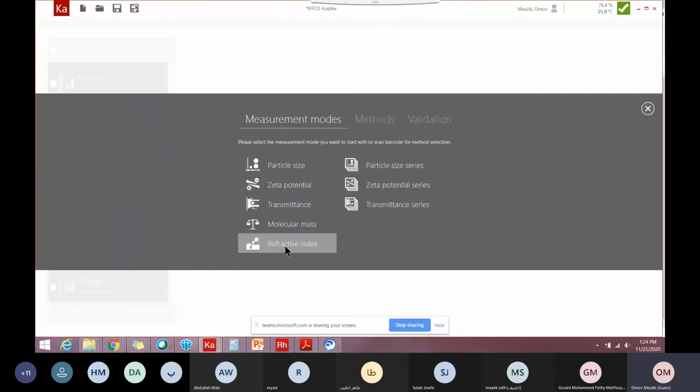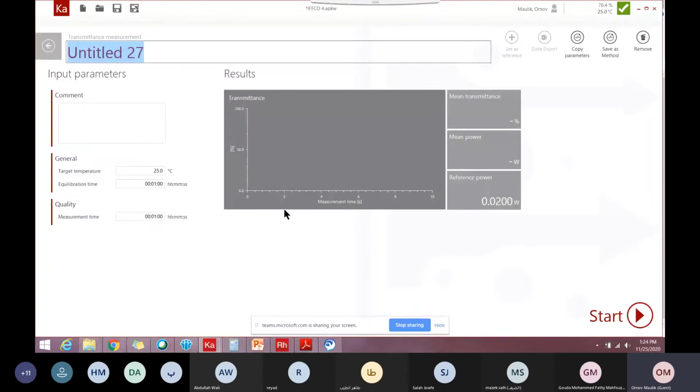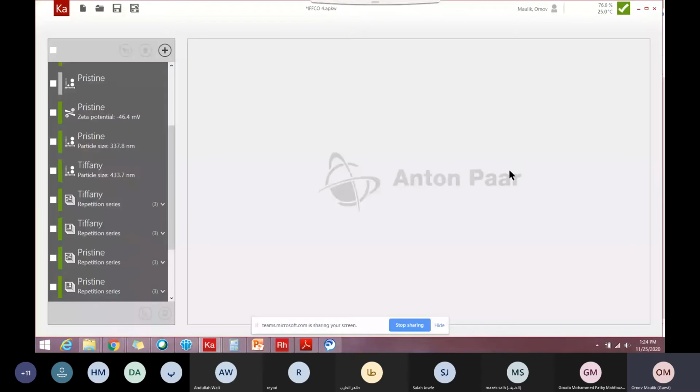Same way for transmittance, we have a separate transmittance photodiode. In case you want to do some temperature dependent study of the behavior of transmittance with respect to different temperatures, then you can use these sort of tests where you don't require much input. You only need to set a temperature and equilibration time, and then you can start your measurement. So that is it from me for the demonstration part. In case you have any queries, you are most welcome to ask. Yeah, thank you.